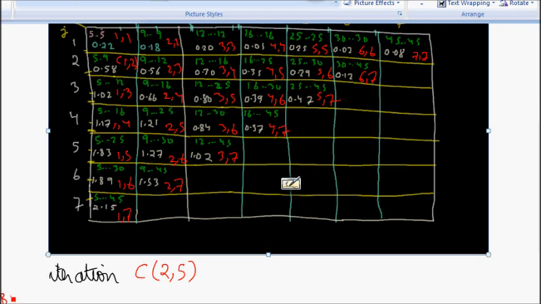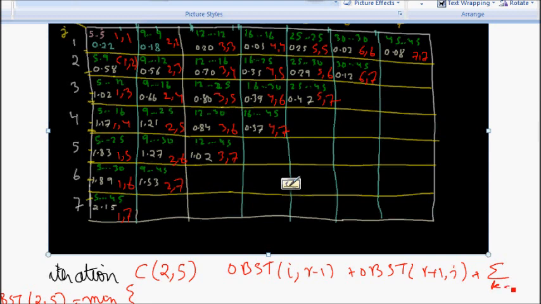So here we have written OBST 2 to 5. So this will be the minimum of what? One thing is I can take the formula, which was OBST I to r minus 1 plus OBST r plus 1 to j plus summation k equal to I to j of pk. This term will be common for all of them, since this is I to j basically. So we will consider